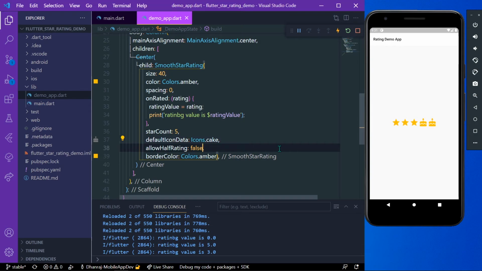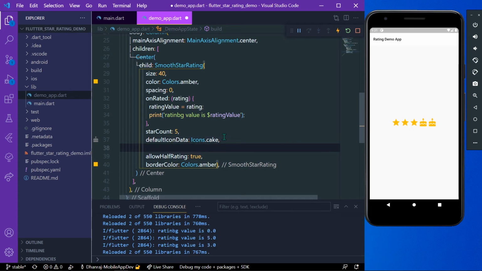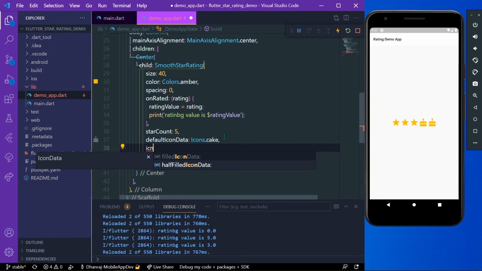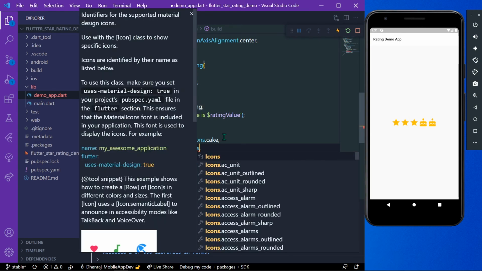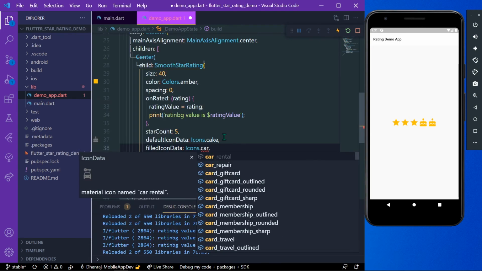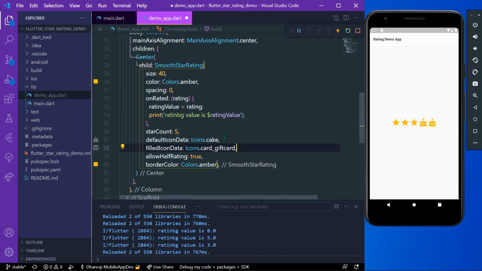So we'll allow half rating, we'll make it true, and there are other properties called filled icon and half filled icon. So let's give the filled icon a value of, let's say, a gift card icon.